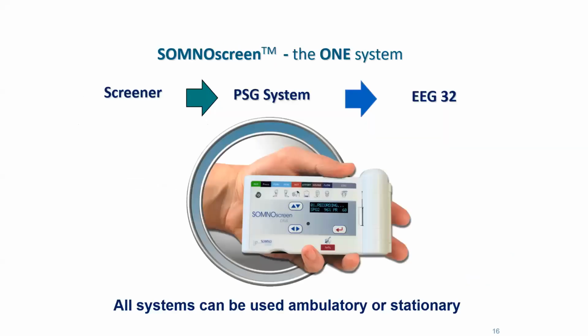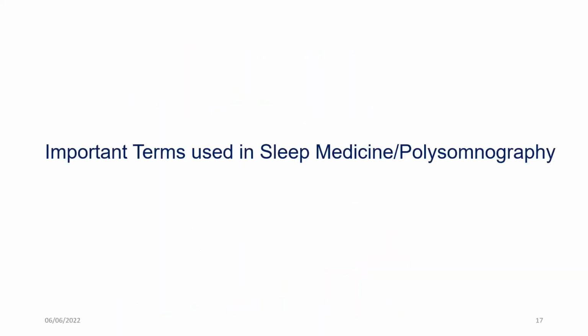So what I'm trying to tell you is that we should look for a unit which can be used for out-of-center sleep testing, that is portable, can be used as PSG, and can be used with a higher number of EEG channels, maybe for epilepsy patients. So, second point